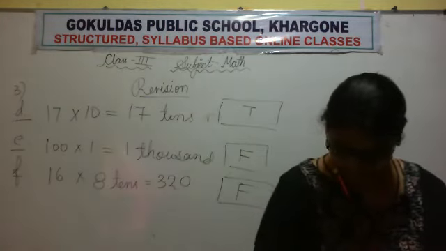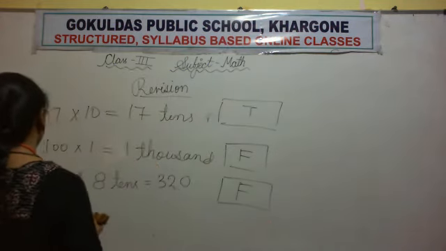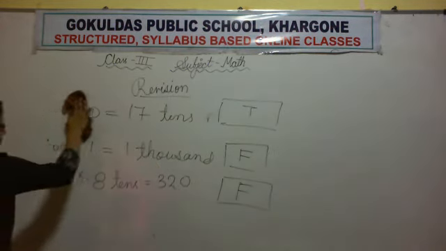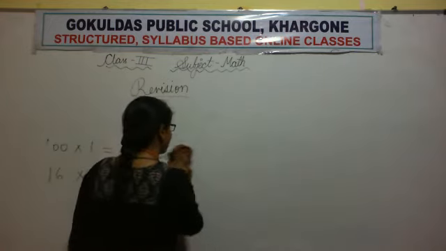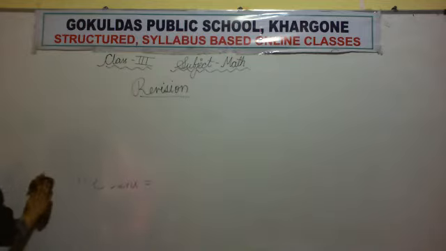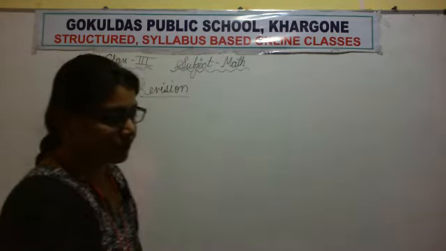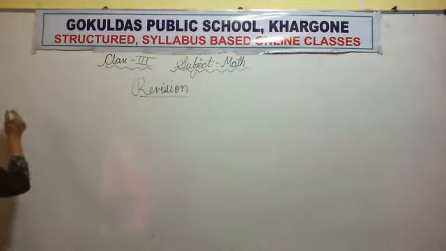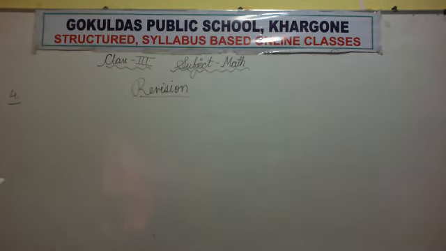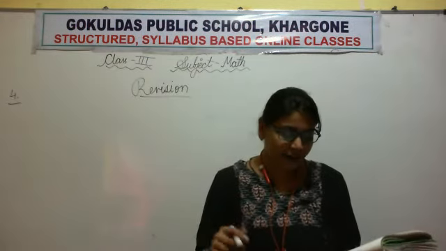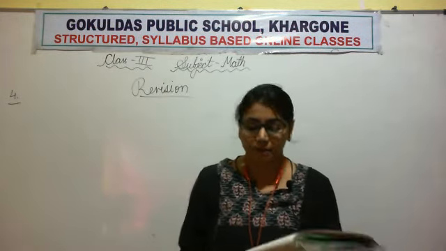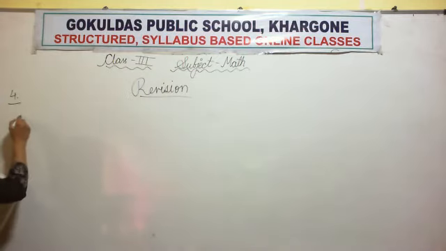Now the next question, question number 4. Question number 4 is multiply by rounding off the multiplicand to the nearest 100. So first of all, we need to round off the multiplicand to the nearest 100 and then we will multiply it by the multiplier. So first one,